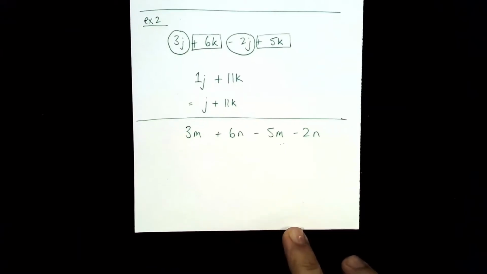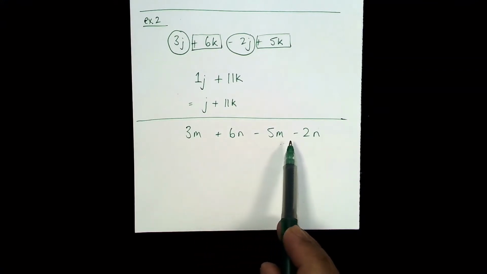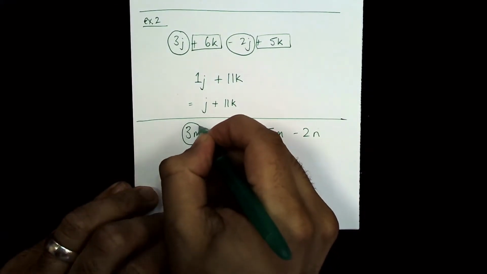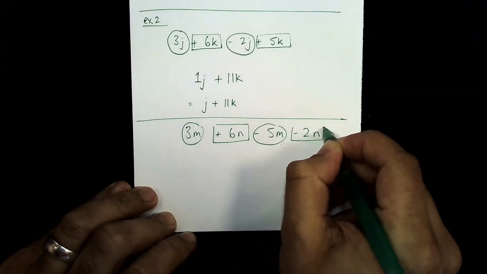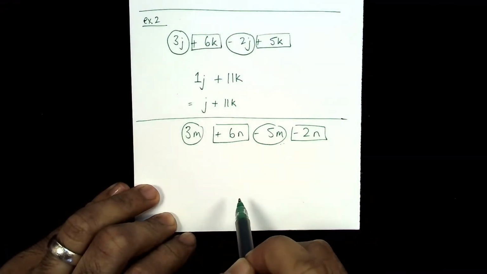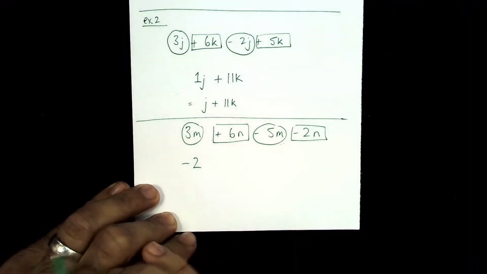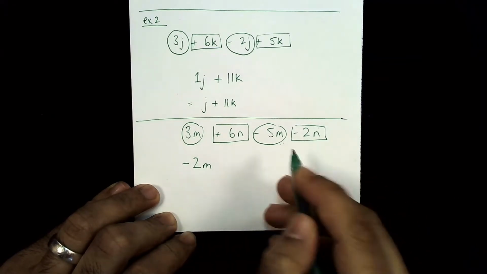Okay, so if you want to pause the video and have a go at this one now yourself. 3m plus 6n take away 5m take away 2n. Pause the video now. 3m take away 5m. Well, 3 take away 5 is -2. Minus 2m. 6n take away 2n is